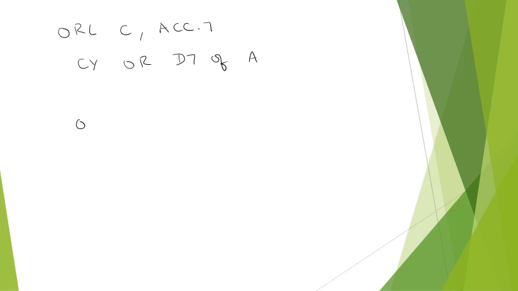Another way of using this instruction is ORL C, /OV. The slash symbol indicates that the complement of the addressed bit will be used as the source bit, while the source bit will not be affected. So in this instruction, the carry flag bit will be logical OR with the complement of overflow flag bit, and the result will be stored in the carry flag, but the overflow flag bit will not be affected with the complement.